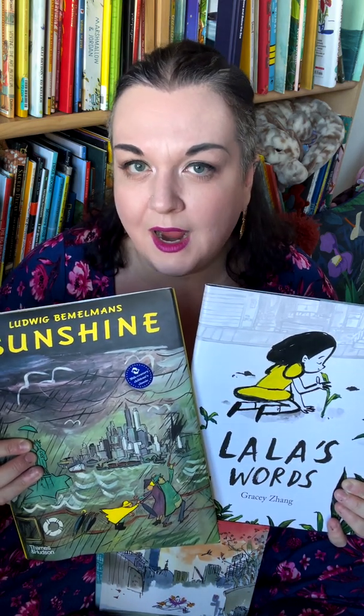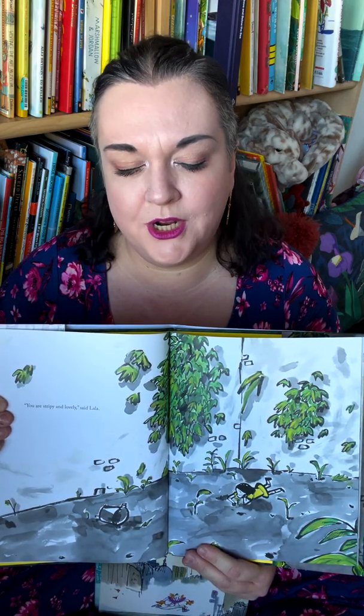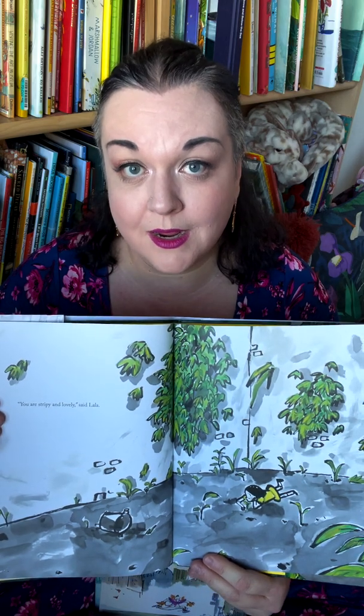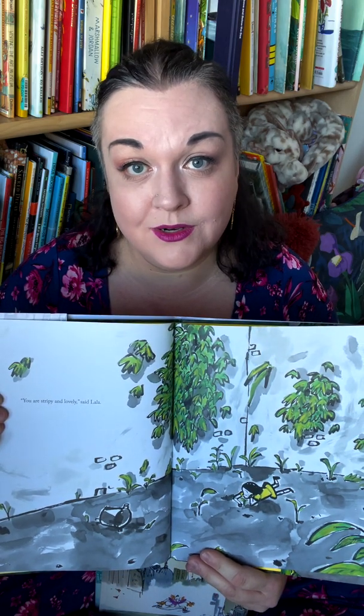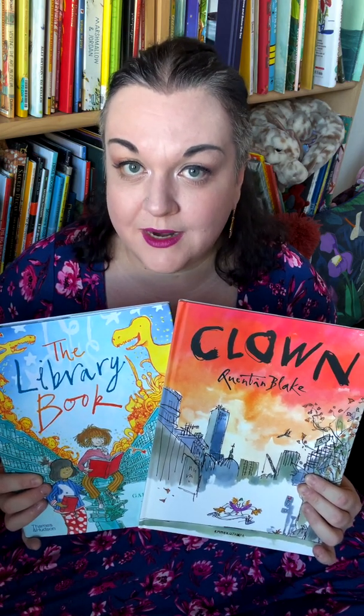There are certain senses of line and composition that I feel relate very strongly, but Shang is so distinct that she just blows me away. We're going to be talking a lot about her in the future, and I don't think just on this channel. And the great Sir Quentin Blake, who most people remember as Roald Dahl's standing illustrator, and for good reason,